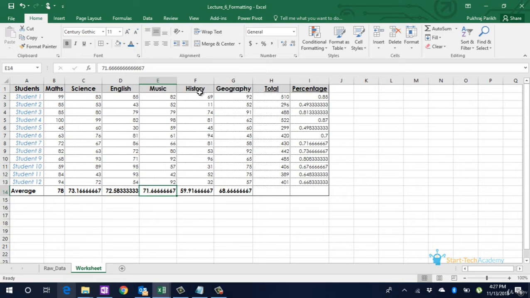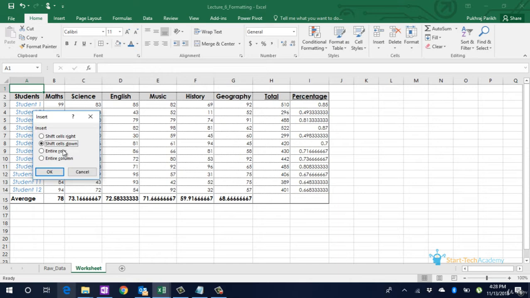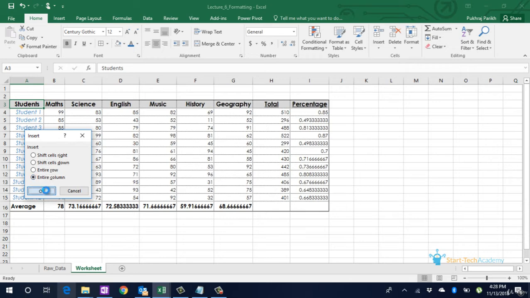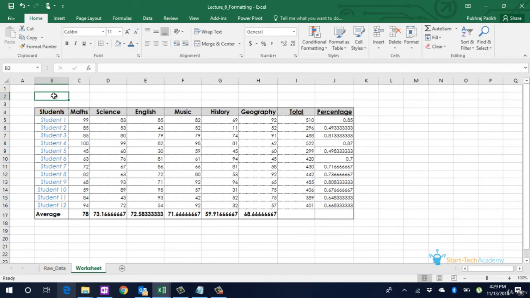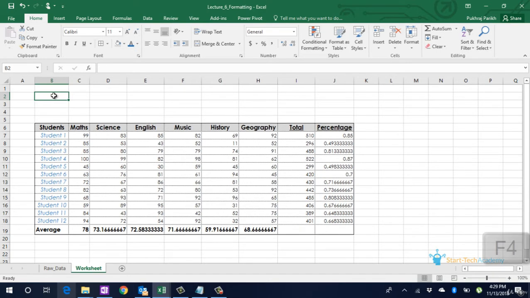To add a title to our table, we'll add first few rows on the top of this table and one column on the left of this table. One shortcut to note here is once we have added a row, to repeat that action, you can use a shortcut which is to tap F4 key. Whenever you tap the F4 key, Excel will repeat the last action.